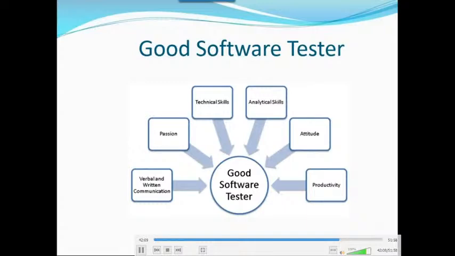Knowledge transfer. Once you get into the organization, they won't immediately give you work items or tasks. They will provide a KT session. What is a KT session? KT session is nothing but knowledge transfer. They will tell you how to test, what steps we need to follow. They will tell you each and everything.